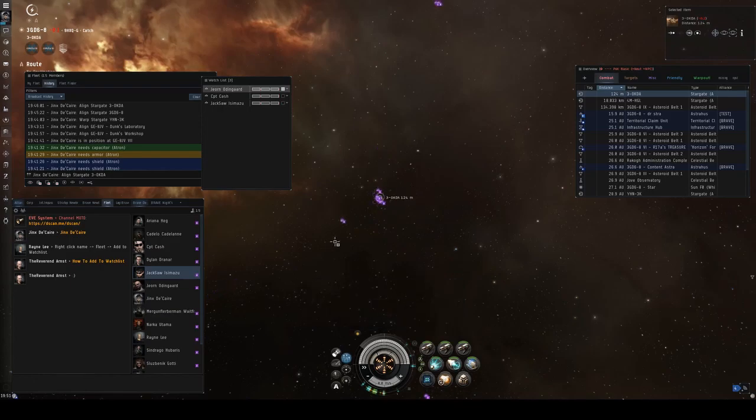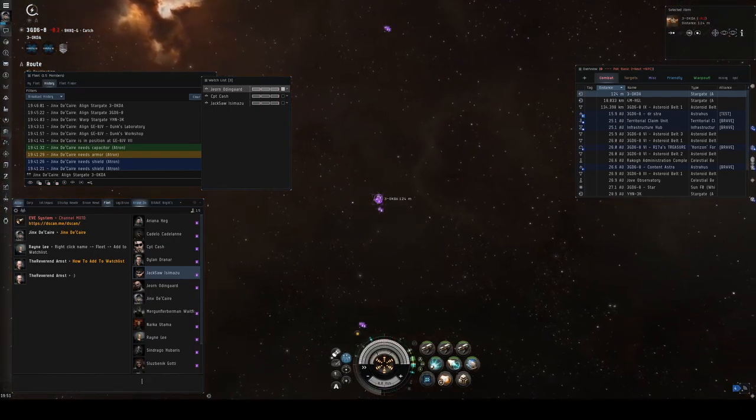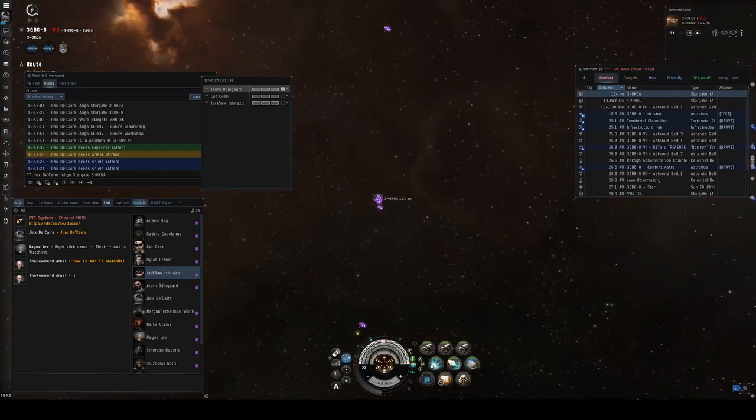Most of the gates in Catch have those corporate tags on them, so you should never really be short of somewhere to go. Whoa, that was super useful. Holy crap. You'll regret that when you go to Station Grid in GE, but...